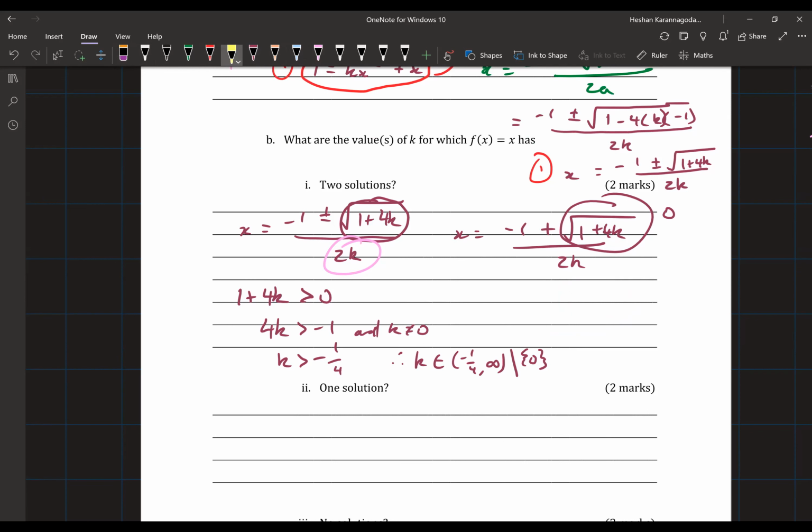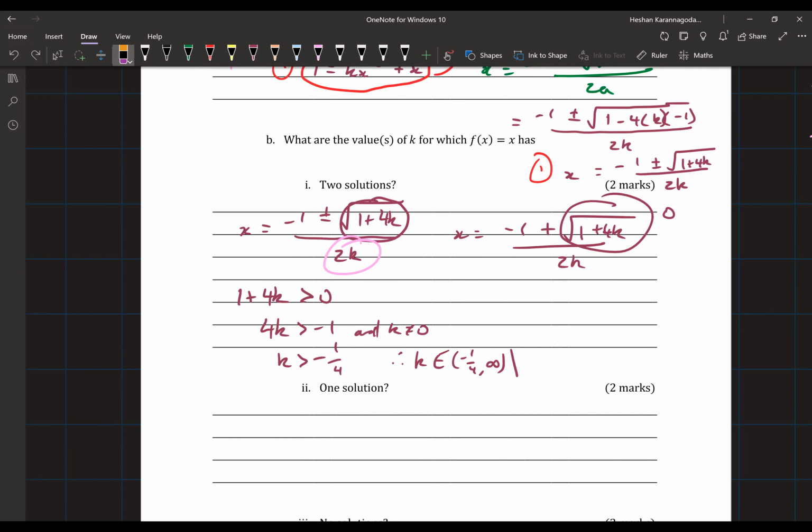So we're defining a set for k values to give us two solutions. Now, in this case, I wrote it in interval notation. So I have my start and my end value, and then I have my exclusion, obviously, of 0. Now, we could also write it as set notation as well. It's just whichever one's preference. Personally, I like interval notation. You're probably the same as well, yeah? Yeah, because you can see your start point and your end point. So it's really clear. And it's also easy just to exclude values because you could just do \0 in a squiggly bracket.